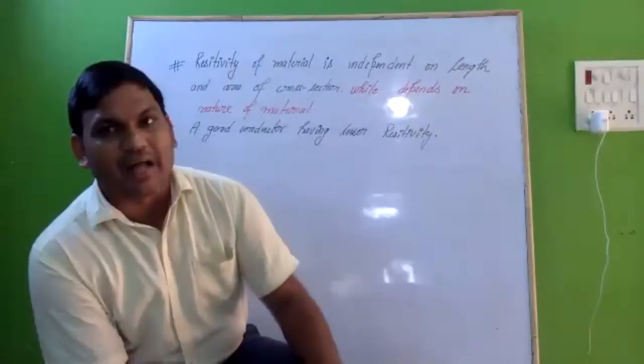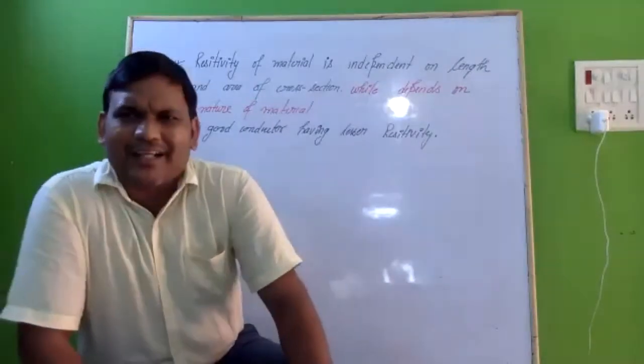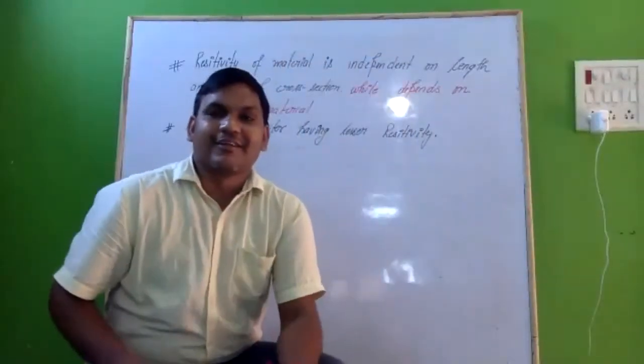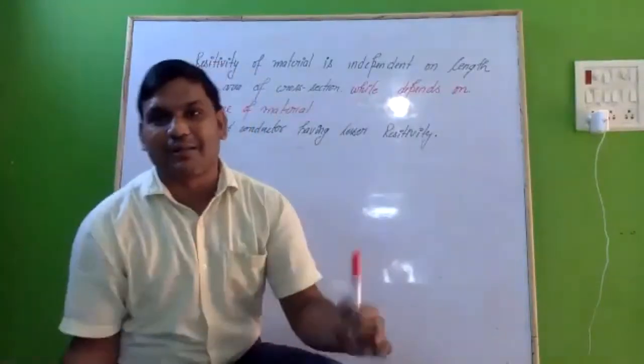Yes, sir. But what we use in our household wiring, घर में जो वायरिंग कराते हैं उसमें कॉपर वायर पड़ता है कि एल्यूमिनियम वायर? Let me know. So copper wire. और दो पोल खंभों के बीच में कौन सा वायर होता है, किस चीज का बना होता है? एल्यूमिनियम का होता है. तो कॉपर वायर हम घर में यूज करते हैं और बाहर हम एल्यूमिनियम वायर यूज करते हैं.